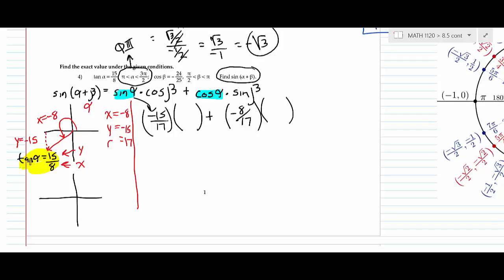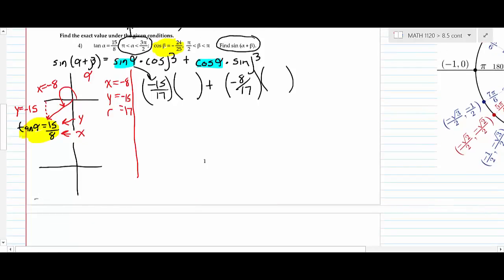Okay, now the next thing is I gave you the cosine is negative 24 over 25. So I'm going to write kind of a new diagram for that. Okay, I also gave you this piece of information. So if beta is between,